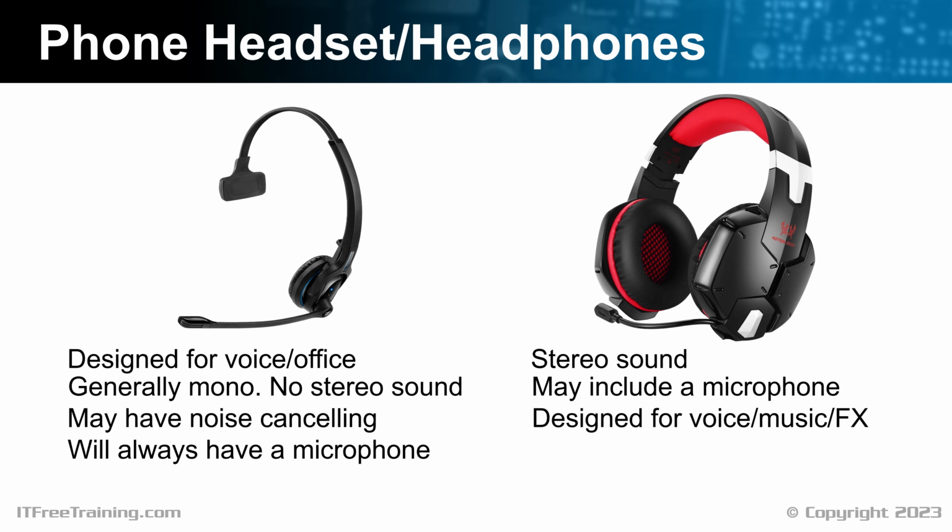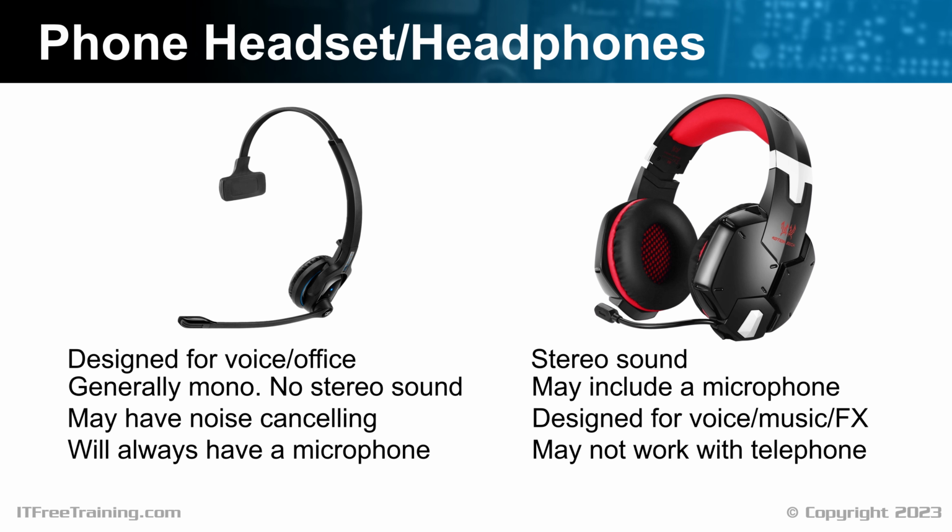Phone headsets are designed with the primary purpose for listening to voice. You will be able to hear music on them, such as on-hold music. However, the quality may not be as good as a headset designed with this purpose in mind. The point to take away from here is, your needs will determine what sort of headset is best for you. Given these headsets or headphones are designed with a different purpose in mind, they may not work with your telephone. Phone headsets are often designed with a particular telephone in mind, where headphones are designed to be general purpose. There are also design differences in headsets which will affect how they work.